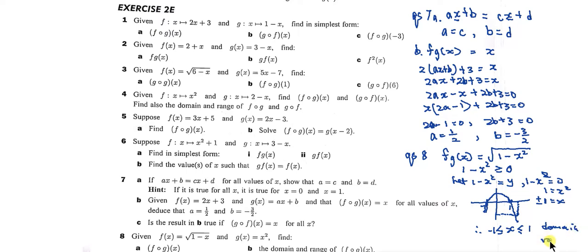Then the range will be, this is the point 1, okay, the y-intercept, 1 here. So the y value must be less than or equal to 1. Okay? Because the maximum it can go is 1. If you use the completing the square, you know that the maximum